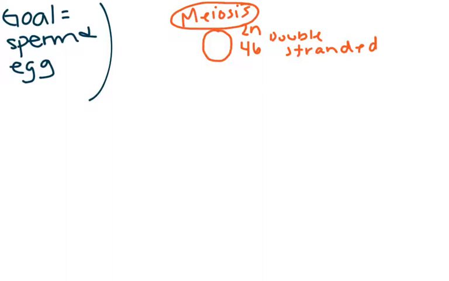It's 2N, 46 chromosomes, and it is double-stranded. So we're talking about, okay, here's our chromosomes inside that nucleus. So please just keep that in mind. Okay, so as we go through here,